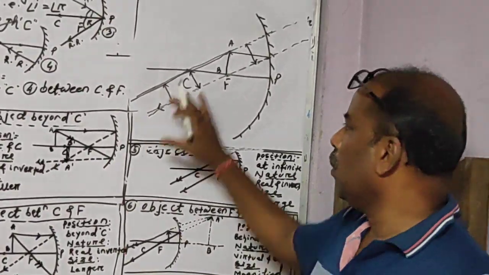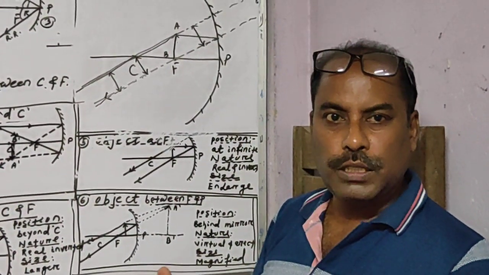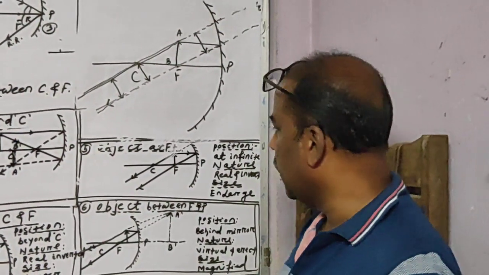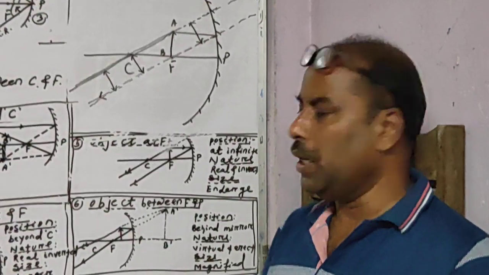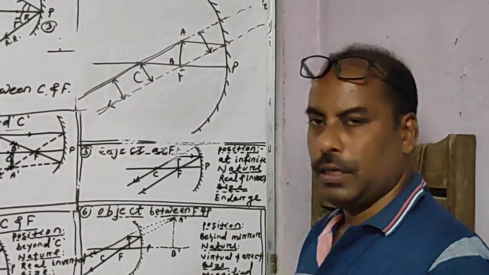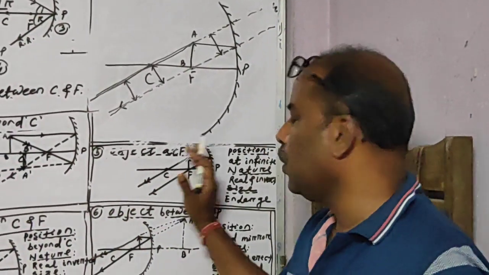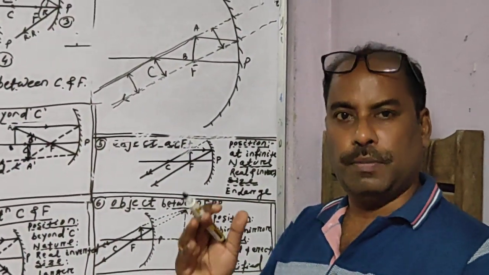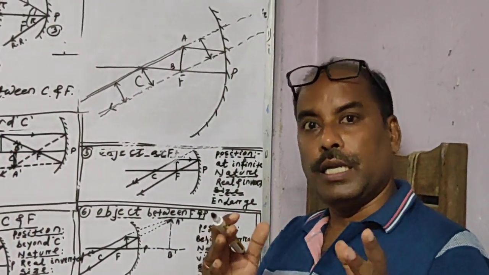As we know, parallel rays never intersect. So no image point will come. So in this case, we will not get any image point. So we will not get image near about this periphery. If it will be formed, it may form far away from the mirror. That means at infinity. By chance, if it will form, then it may form at infinity.